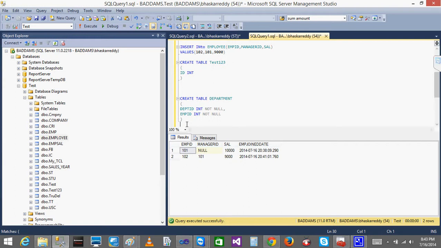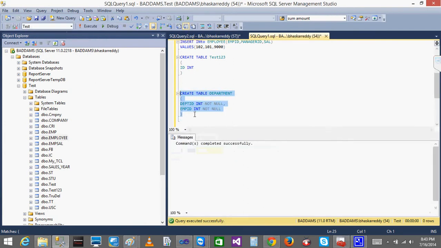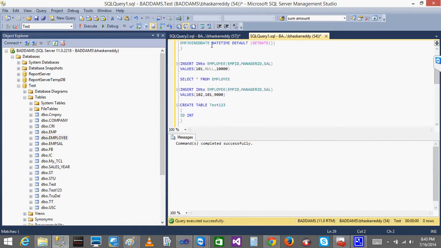My requirement on this table is that the department table will have the list of all the employees working in the department. The employee details are in the employee table.